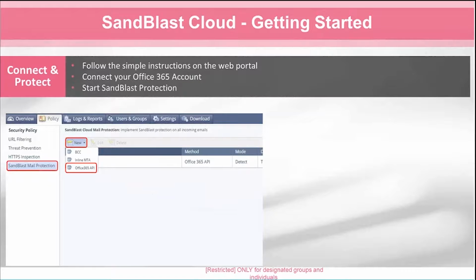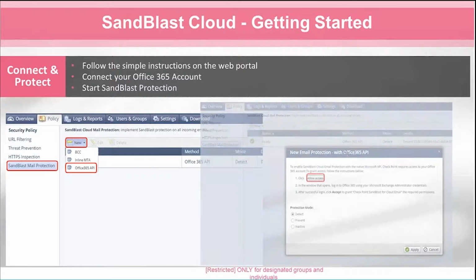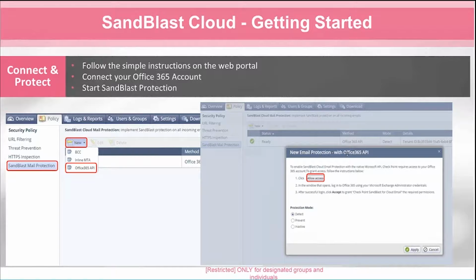So a brief display of how to install the solution once you've purchased it or once you've started the demo. Once you're in the web portal, within the portal itself, you'll create a new policy for your Office 365 account. You'll receive a quick wizard that will show you how to connect your Office 365 account to SandBlast Cloud. Essentially, it's pressing new policy,